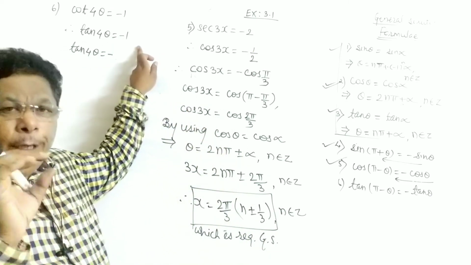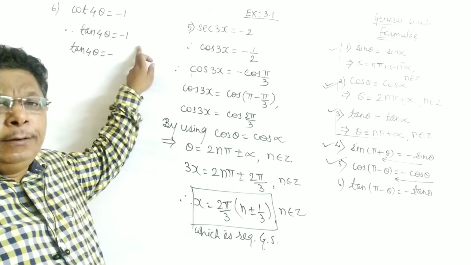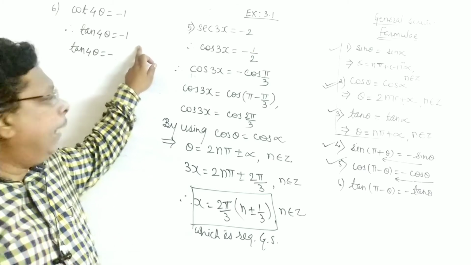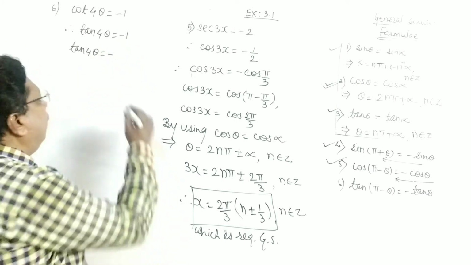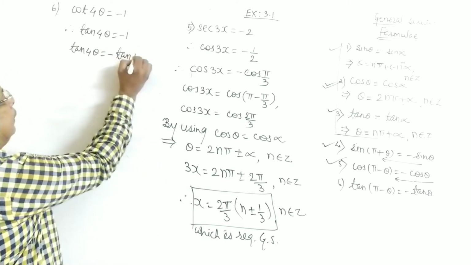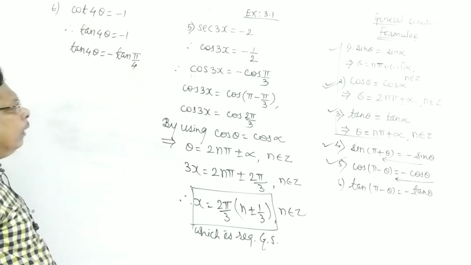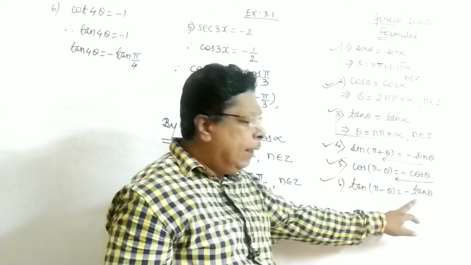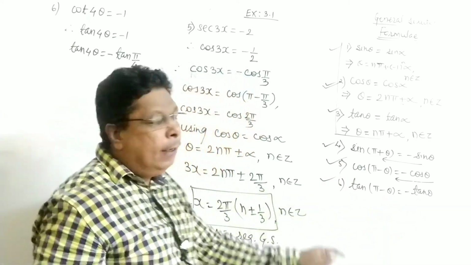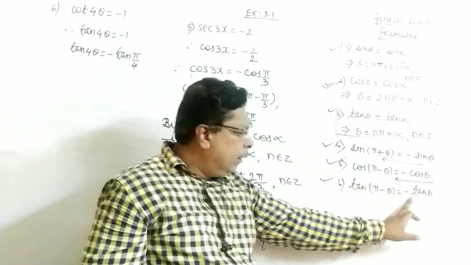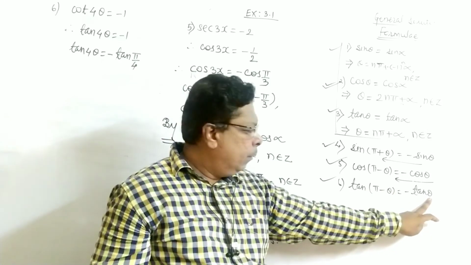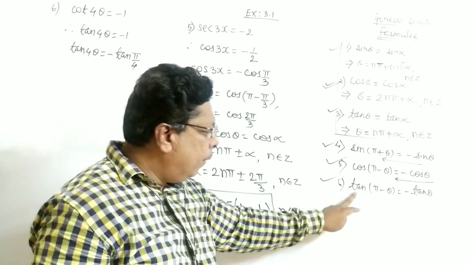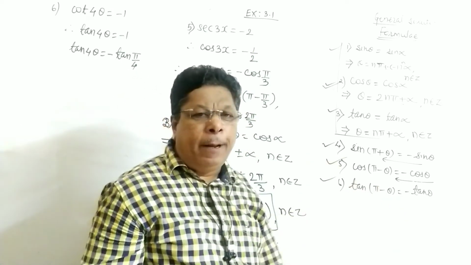For which angle is tan theta equal to 1? We know that tan 45 degree is what? 45 degree is pi by 4. Okay, so 1 is replaced by pi by 4. So this can be written as tan pi by 4. Negative, minus tan theta. See this formula. Tan pi minus theta equal to minus tan theta. Take theta is equal to pi by 4. It becomes minus tan pi by 4. Minus tan pi by 4 we can write by using this formula as tan pi minus pi by 4.